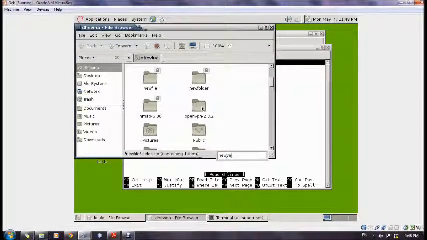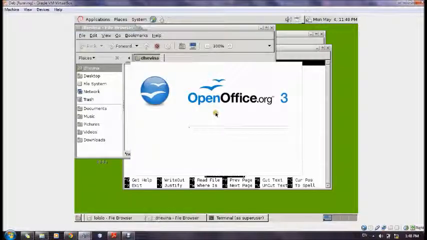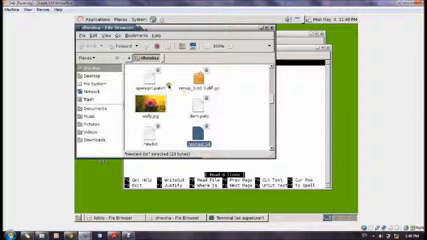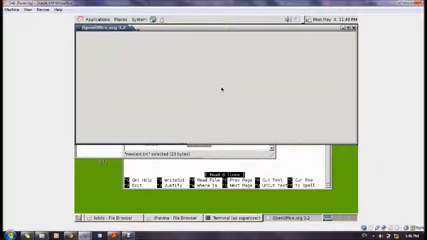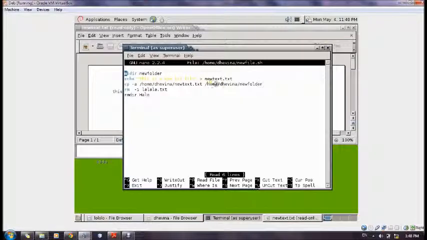No. Sorry. So newtext. Open it. By the way, I don't have a text editor, so I use OpenOffice.org to open it. It's taking a long time, but you know, have to do something. Okay, this is a new txt file, like what we wrote before,